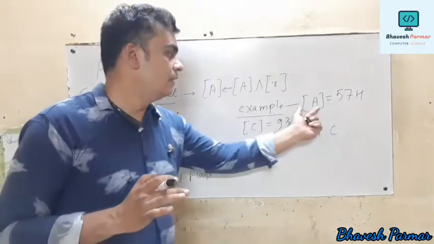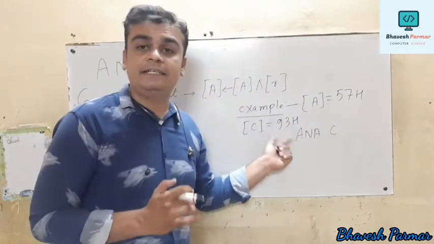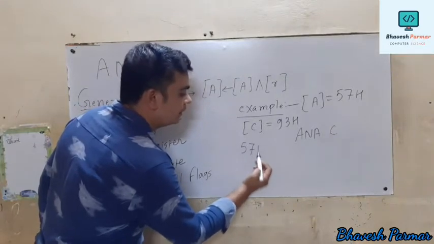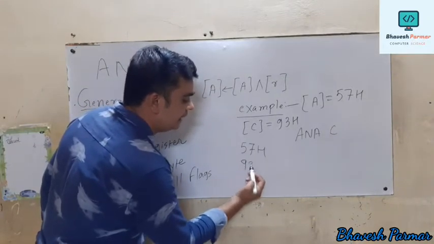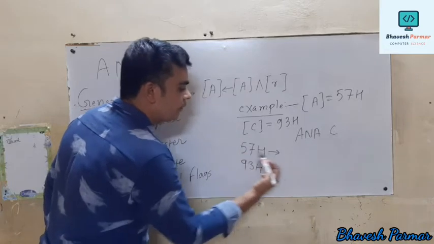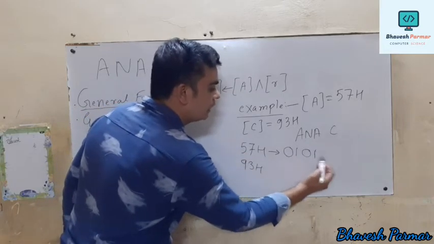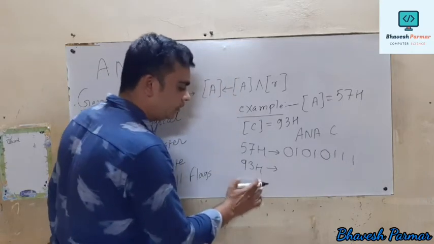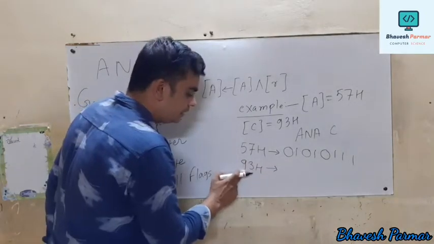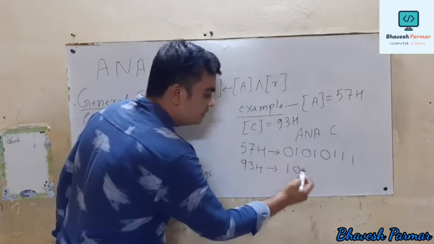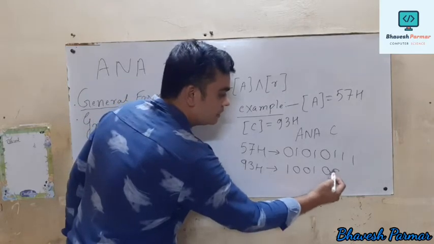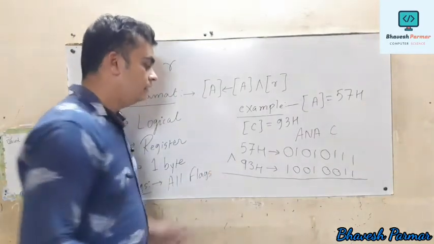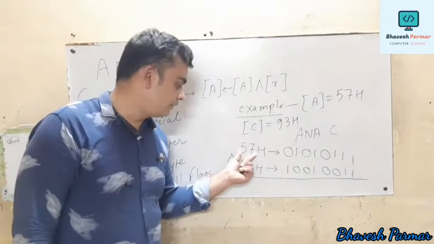So what is my next job? I first have to convert this 57H and 93H into 4-bit binary form. So first of all I write down 57H, and on the next line I write 93H. The binary for 5 is 0101, and for 7 it is 0111. I am using the 8421 method to write this 4-bit binary form. Thereafter 9 is represented by 1001, and 3 is 0011. So this is the binary conversion for 93. In this way we have written the binary conversion for 57 and 93.